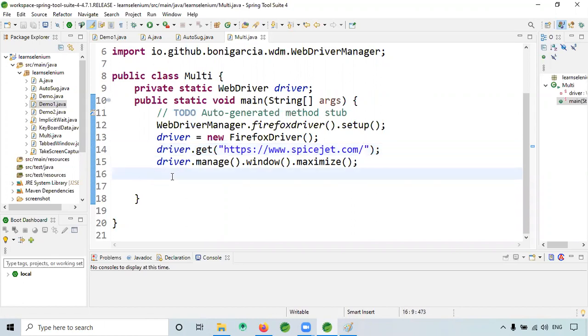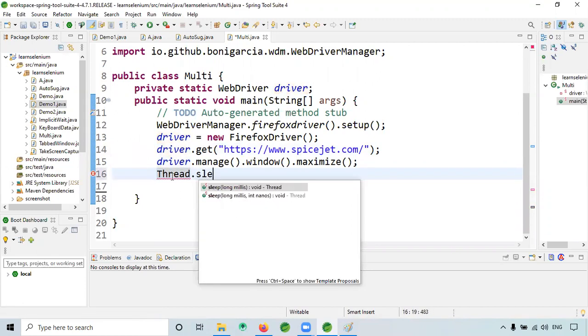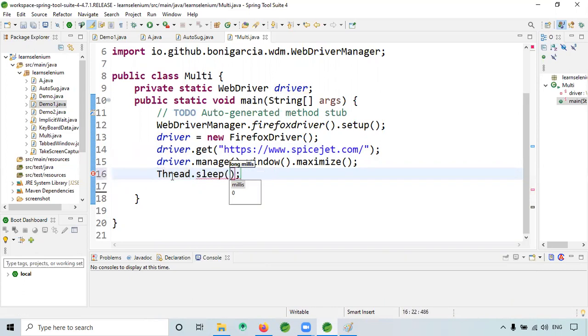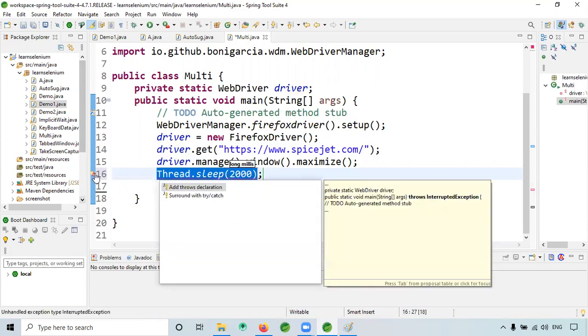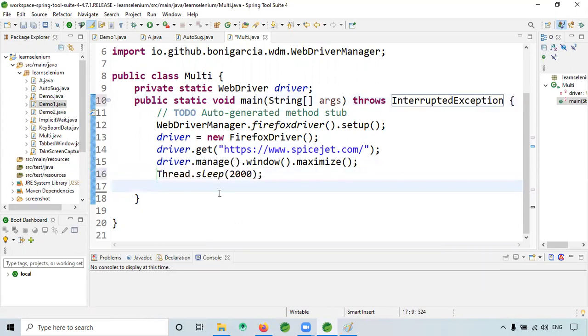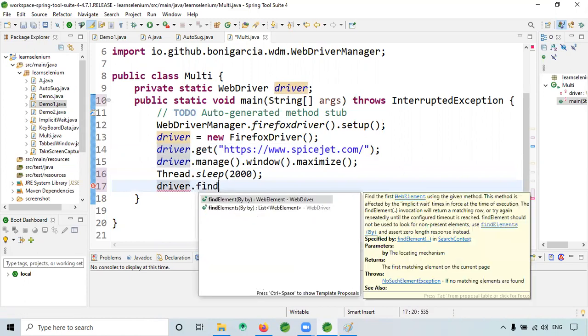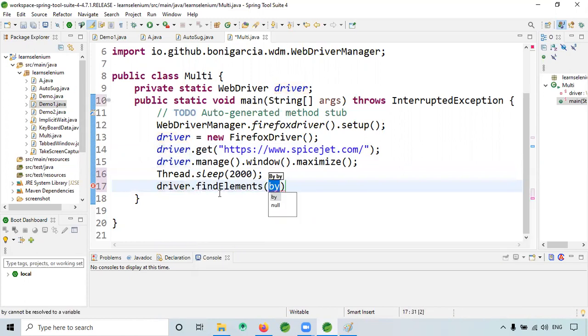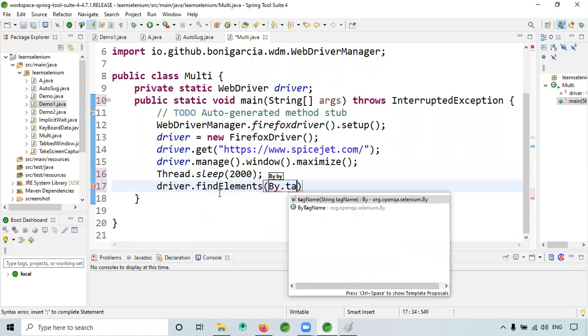Here I will give driver.findElements by tag name.